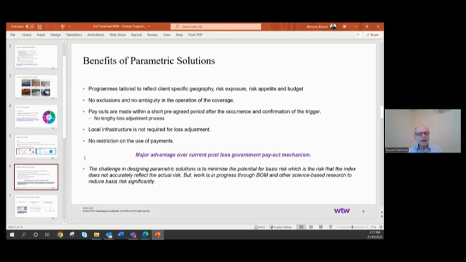And even though that applies in parametrics, it really applies in general insurance as well, because you might think you've got a claim, but you suddenly find out flood's not covered, or the excess is more than the claim, those sort of things.